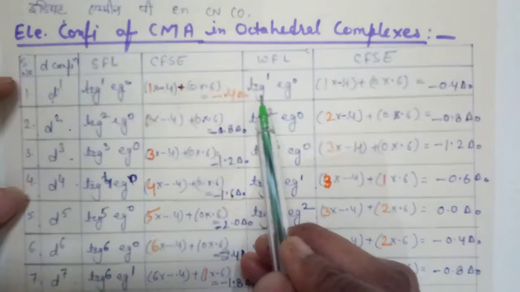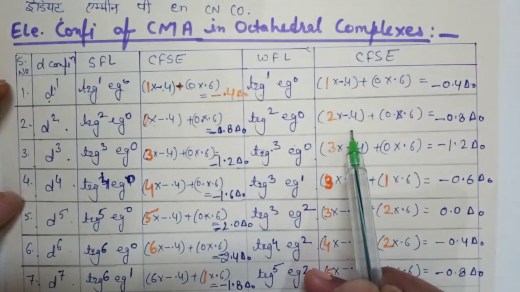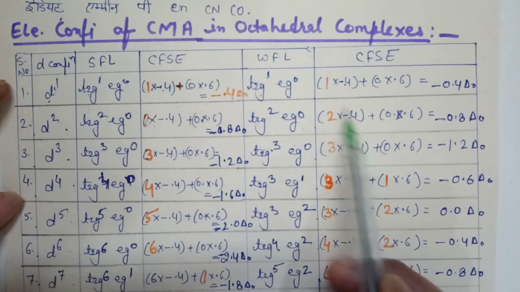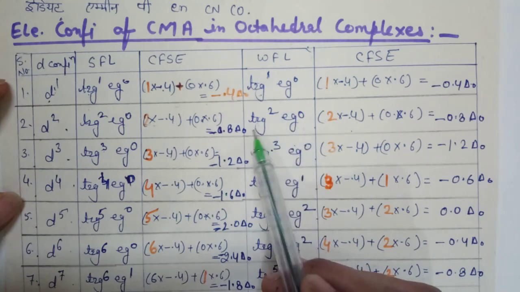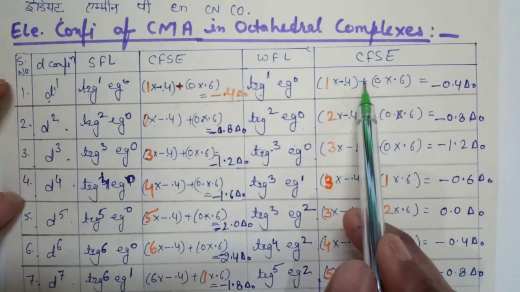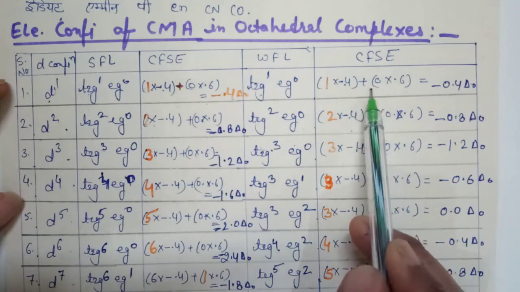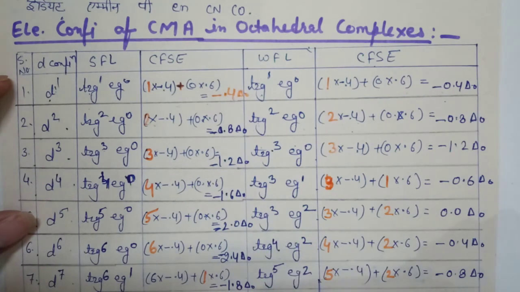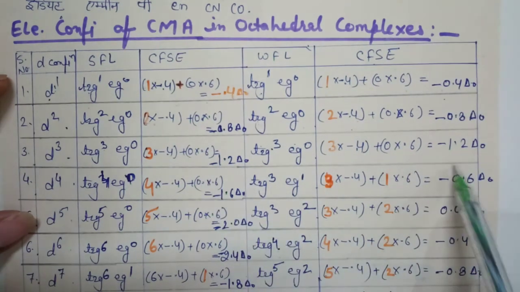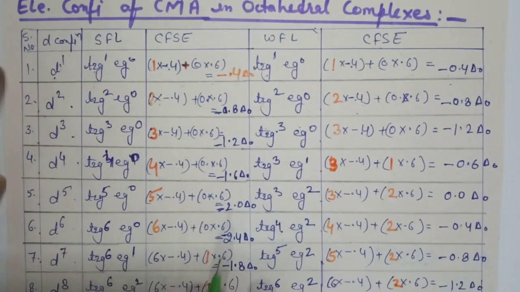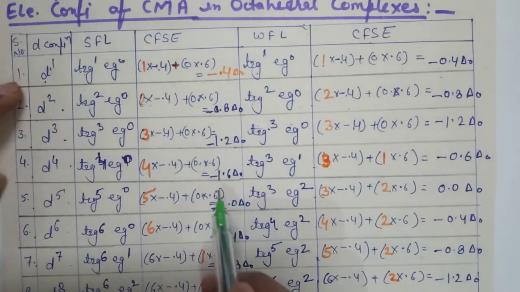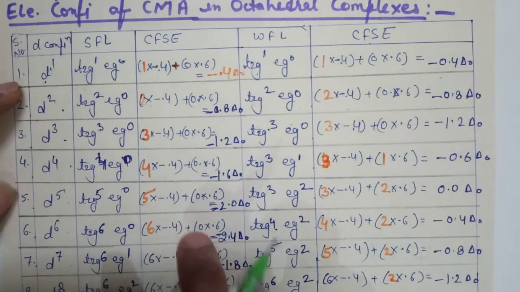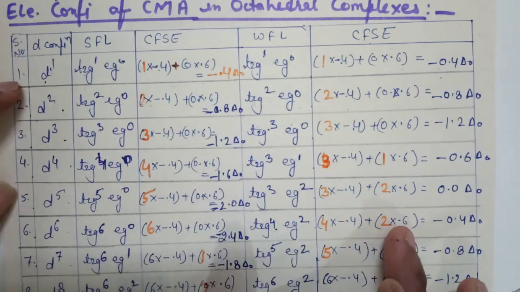So according to the electrons in t2g and eg orbitals, the number of electrons in t2g are multiplied by minus 0.4 and the number of electrons in eg are multiplied by 0.6, and these values are added and the value of CFSE is obtained. These are the values of the CFSE in strong field ligand and weak field ligand. These values can predict the stability also. More negative energy means more stability. We can see here that the strong field ligands are more stable than the weak field ligands.